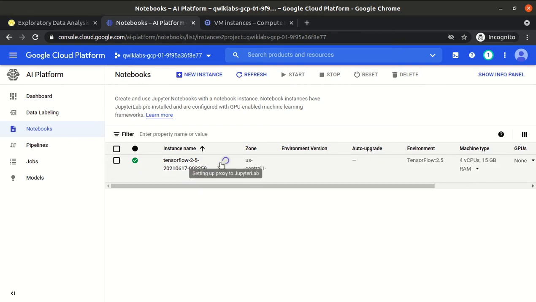It will take one or two minutes to install all the libraries. Once it starts, we will see an icon here to open the notebook.